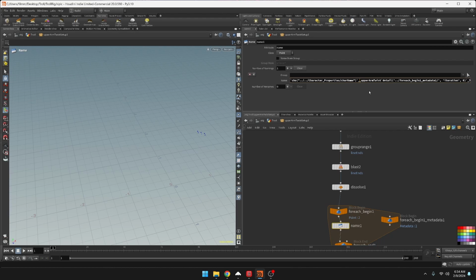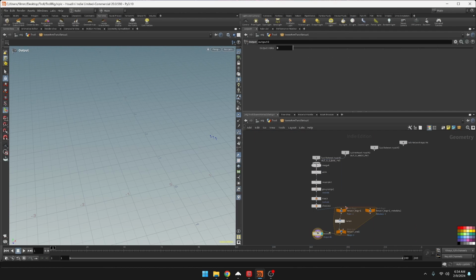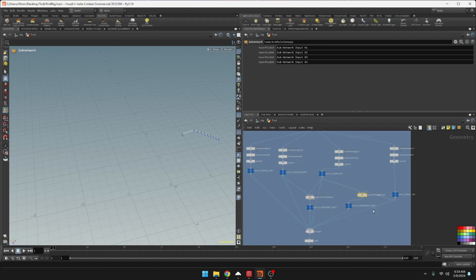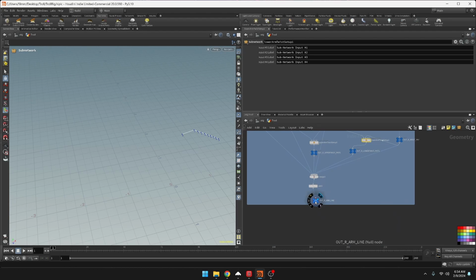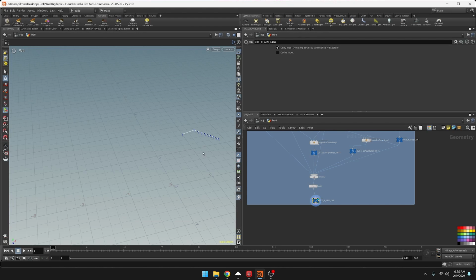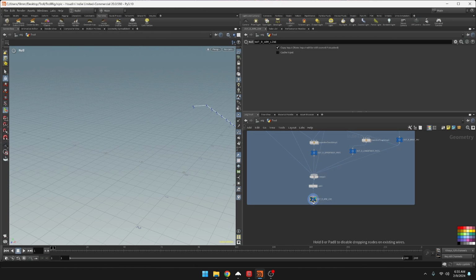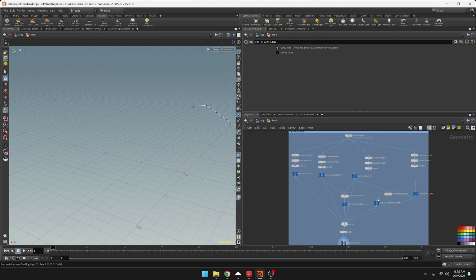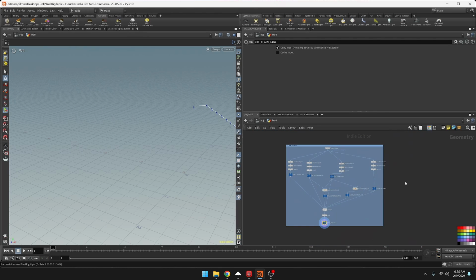Let's change this to R, R, and then here, let's just look at the geometry spreadsheet and make sure we didn't miss anything. So we're going to get all of the names for the right hand side, and they're all named properly. Cool. Okay. So now that we have that, I am going to save here, and